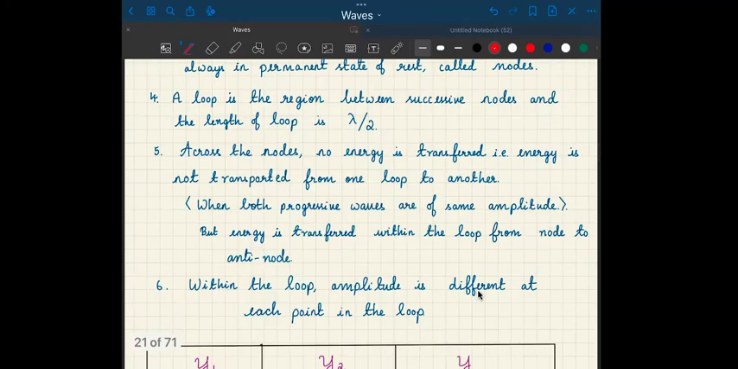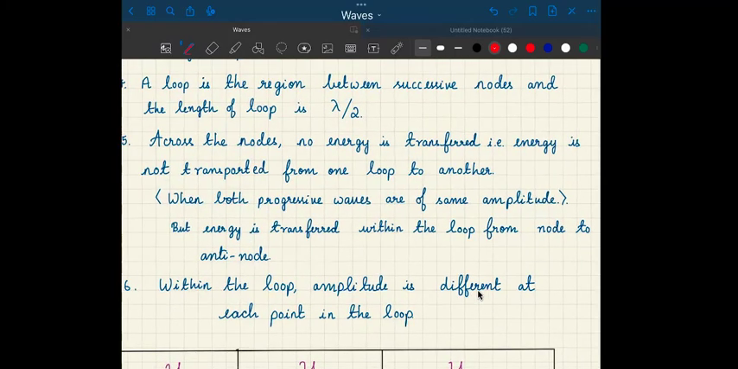Across the nodes, no energy is transferred. That is, energy is not transported from one loop to another loop. Means no form of energy is transferred from left to right or right to left across a node. Why? You require power for that purpose to happen. Remember, unless there is power, no transfer of energy takes place. But nodes always have zero displacement, always zero velocity. How is power delivered? Tell me. So from left loop to right loop or right loop to left loop, no transfer of power takes place. Right. But